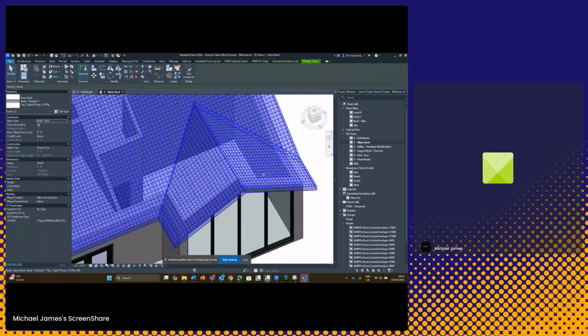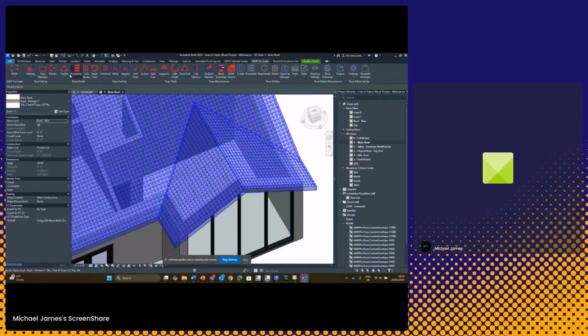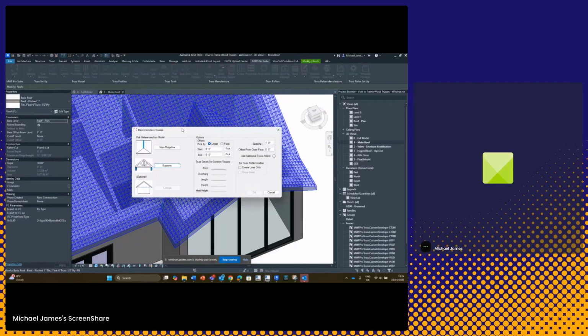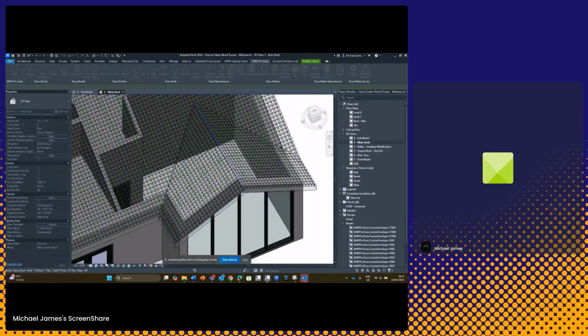So for this part of the roof here, I want to generate some standard truss elements, and I'm going to go to MWF, and I can use the common option as mentioned before, and we can use the create option. I'll demonstrate what the common option looks like. So if I click on common, you'll see that we have a few different options on how to define where we want to place these common trusses. So we can choose main ridgeline, which will be this one. We can choose our supports,